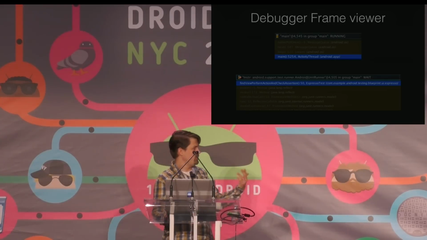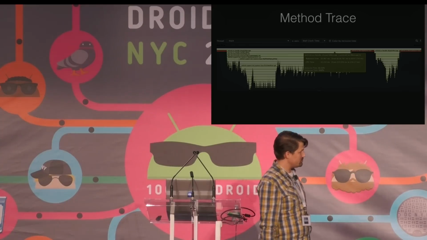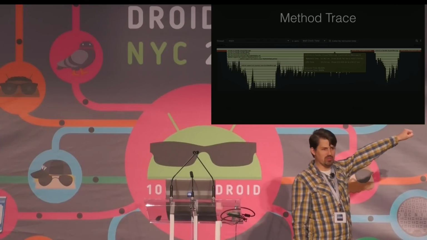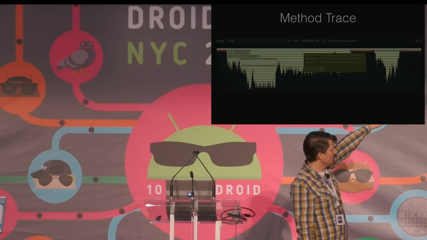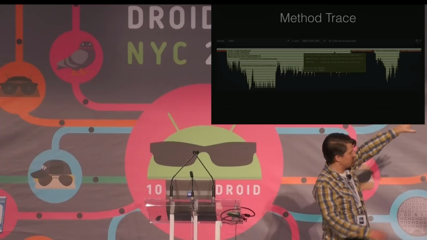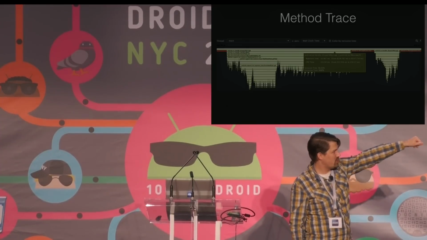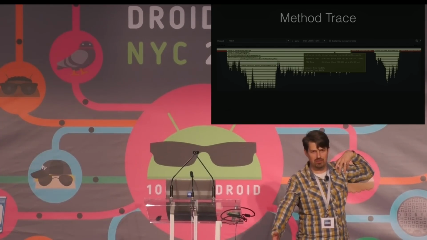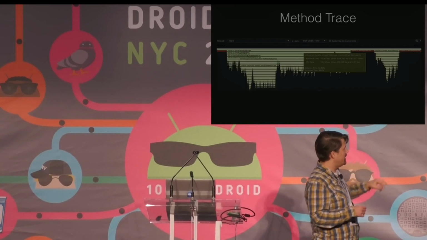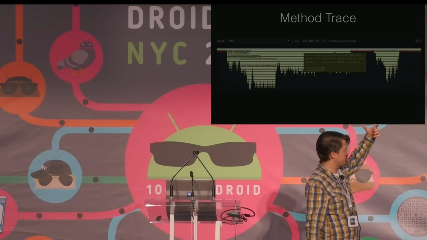Another way to understand what's going on in a thread is the method tracing tool inside of Android Studio. It's a little bit hard to see, but up in the corner there, it says thread equals main. Basically there's two messages being processed here. The red line across there is it waiting for MessageQueue.next. And then the two big blobs there at the top of the call stack